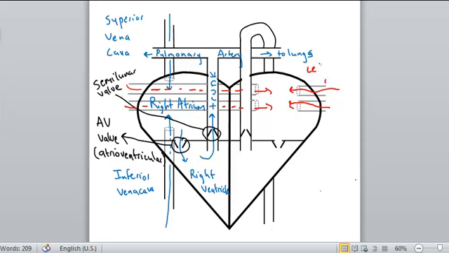In this case, we're on our left, so left pulmonary, and because it's bringing it back to the heart, veins. It then comes into the left atrium, and then it's pushed down into the left ventricle,